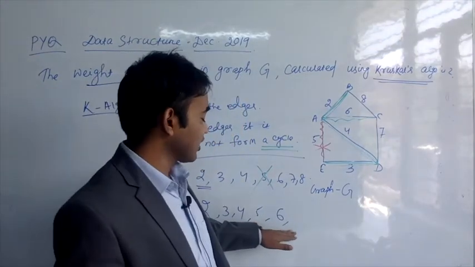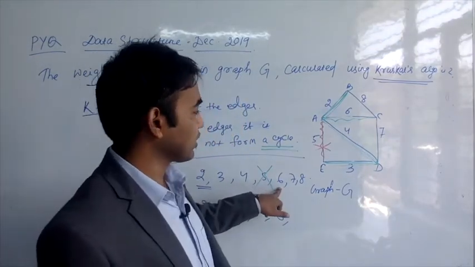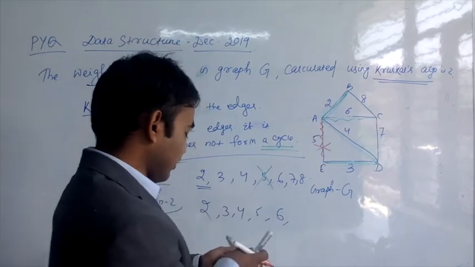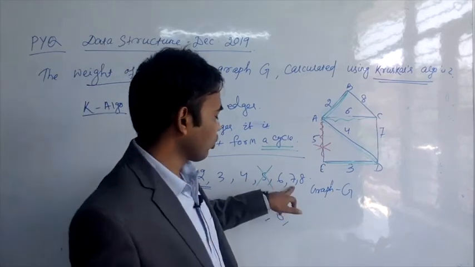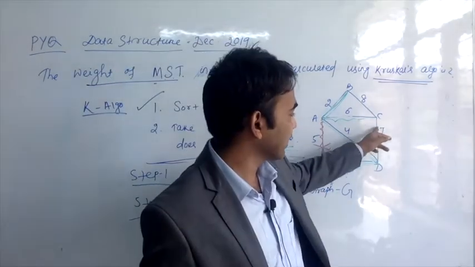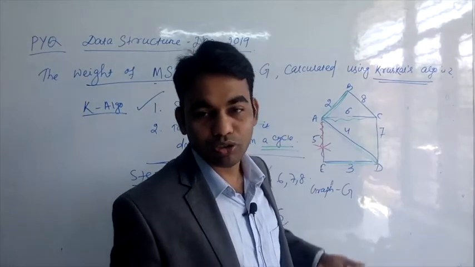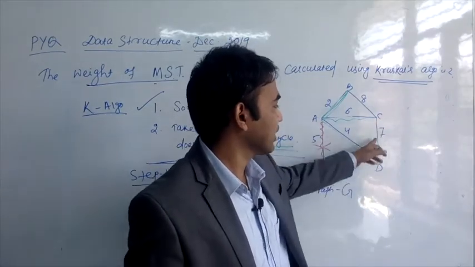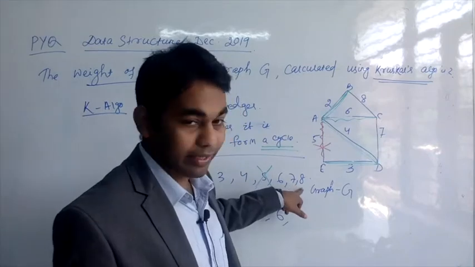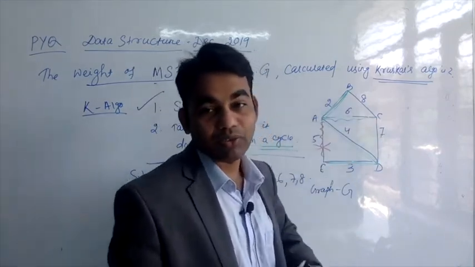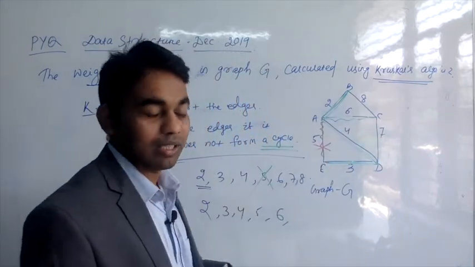So now this particular edge set, I don't need to go for 6. Oh, sorry, I have completed. I have taken this 6. Don't go for 7. Although if you go for 7, it will form a cycle. If you dry run it, if you go for 7, it will form a cycle. Again, if you go for 8, it is going to form a cycle because you cannot add more edges now. Okay, so that is the conclusion.